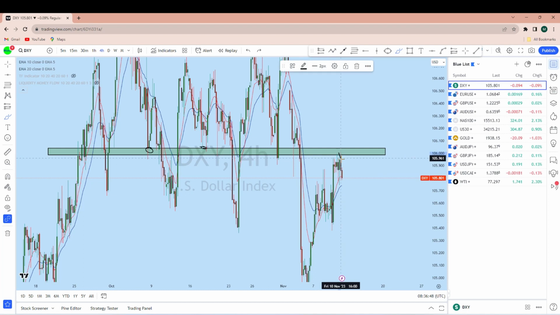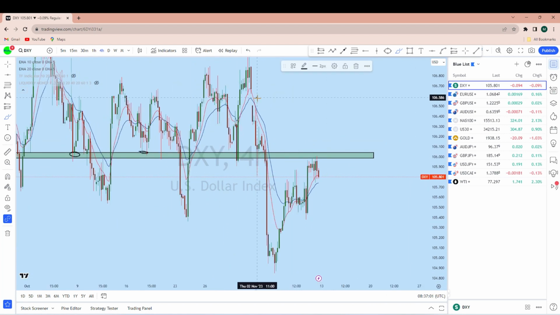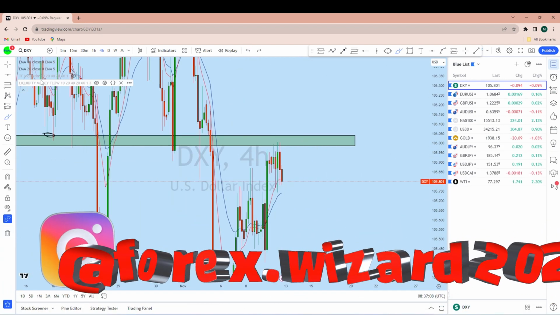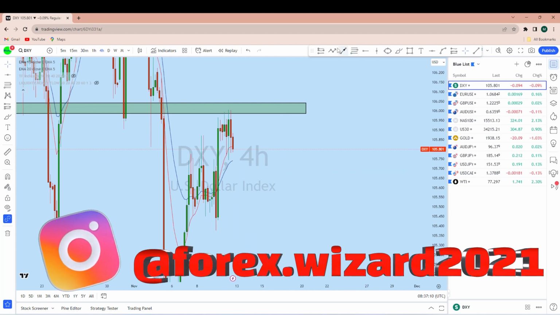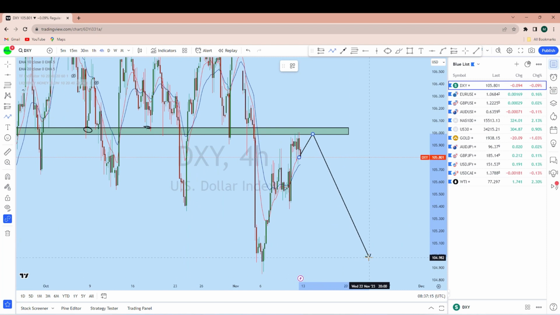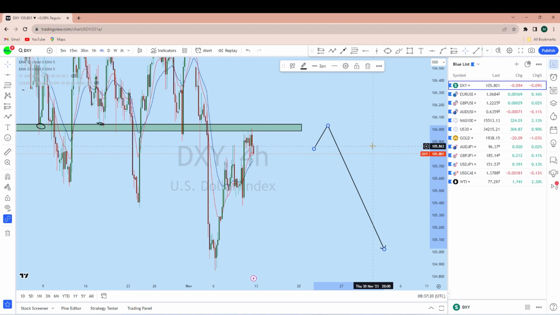and from that level we can see that DXY currently rejecting. And what I think is that on the market opening we can expect another retest, and after a reversal pattern we can expect the price to remain bearish, as we see that there is a gap opening, a big drop, the price has tested this level, and we can expect another drop on DXY. So this week we can expect DXY to remain bearish after a retest for this price to come back down to this support level. This could be the wave for this week on DXY that will be reflecting on most of the